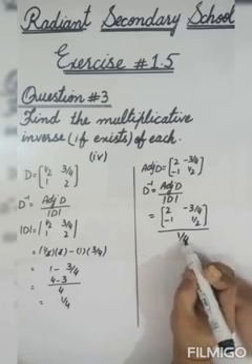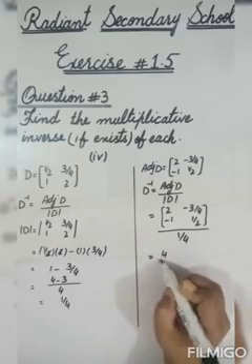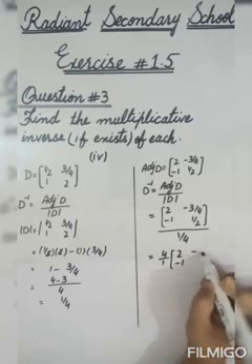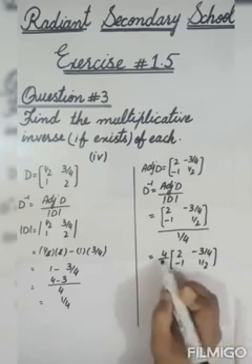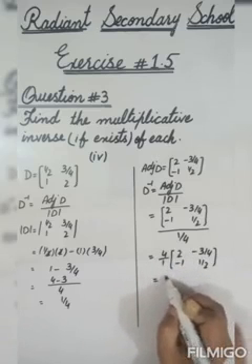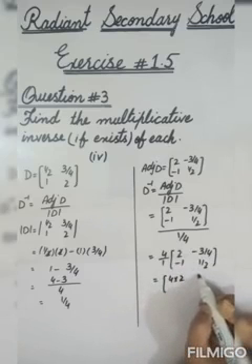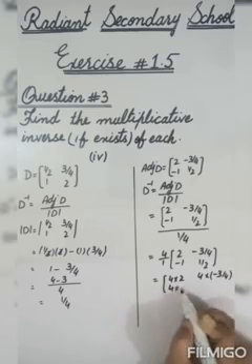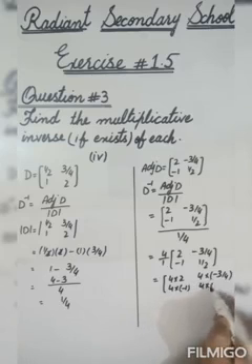Now 1 by 4 in the form of a fraction becomes the reciprocal, and we can write it as 4 by 1 into 2, minus 3 by 4, minus 1 and 1 by 2. Now we have to multiply 4 with each entry. It goes to 4 multiplied by 2, 4 multiplied by minus 3 by 4, 4 multiplied by minus 1 and 4 multiplied by 1 by 2.